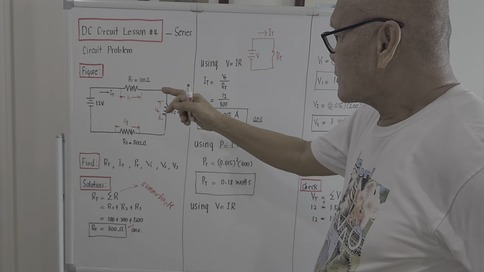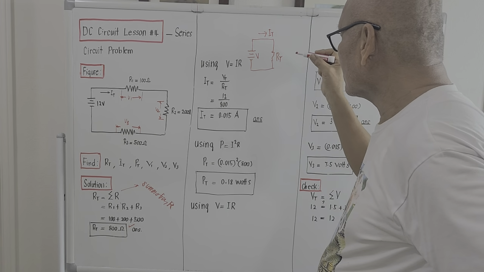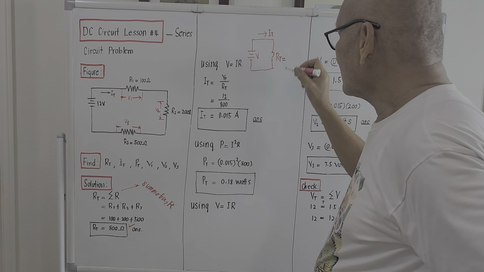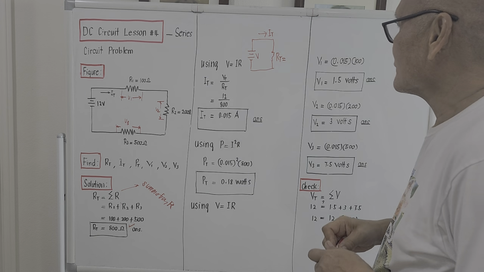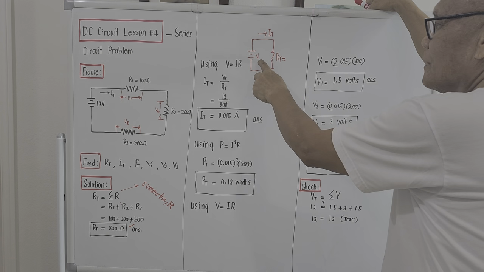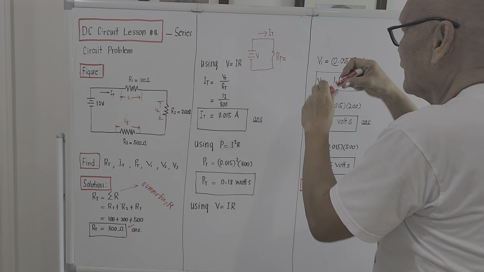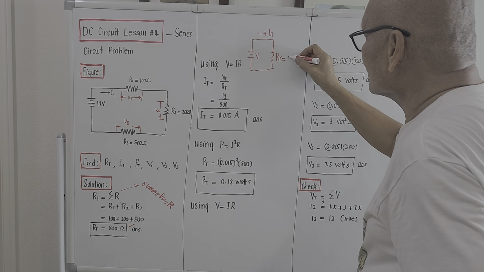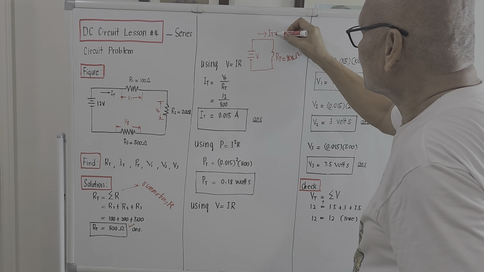We have compressed already R sub 1, R sub 2, and R sub 3 to be equal to this R total here. So it seems we are given a simple circuit in which the applied voltage is V, and the total resistance is R total, which is equal to 800 ohms as per computation. Right? So if we are to compute for the total current,